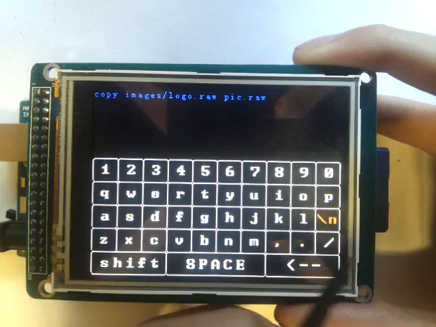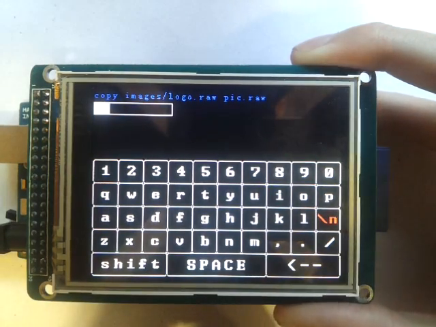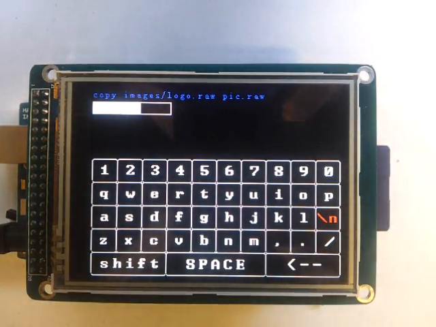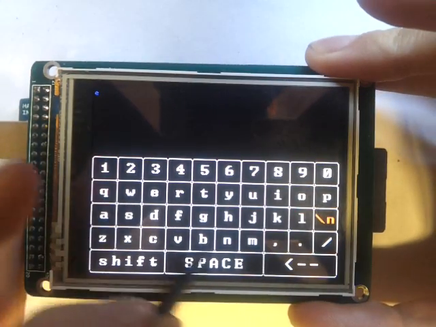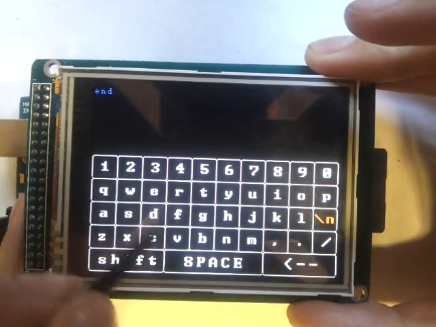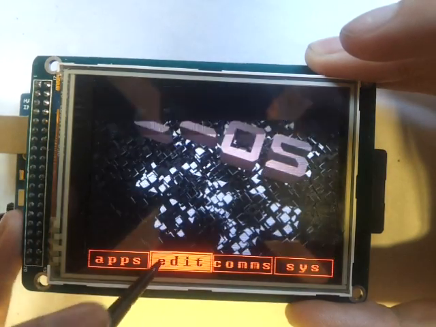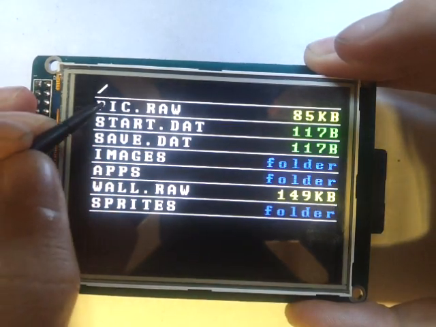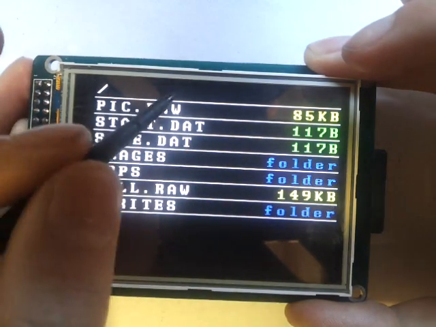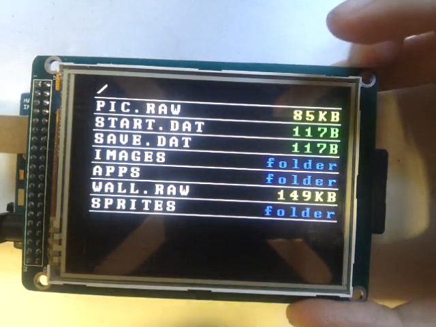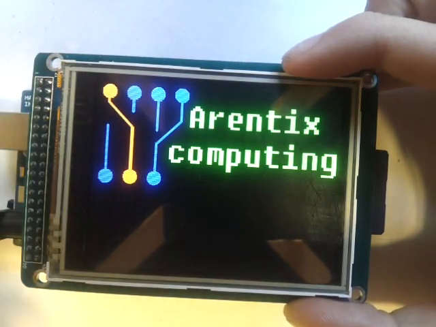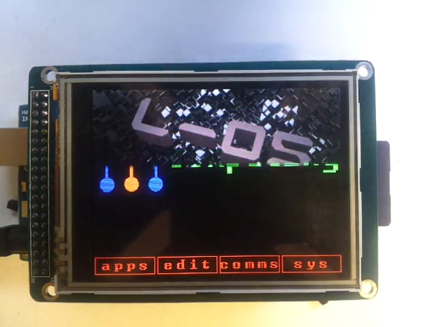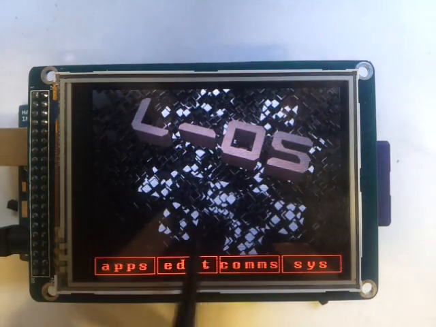So if I now push enter, there'll be a little progress bar, because it doesn't copy files instantly, depending on the size, of course. Pictures are usually massive files. Copying is the most interesting thing I can do right now. So here it is, 85 kilobytes. It may not sound like much, but that's 85,000 bytes, more or less. And there we go, that's a perfect copy of